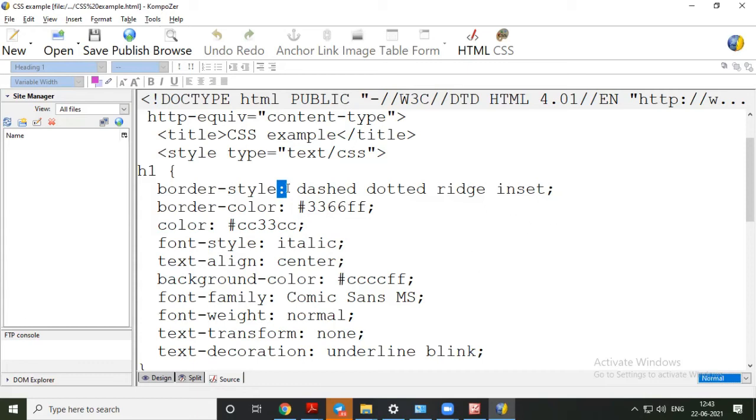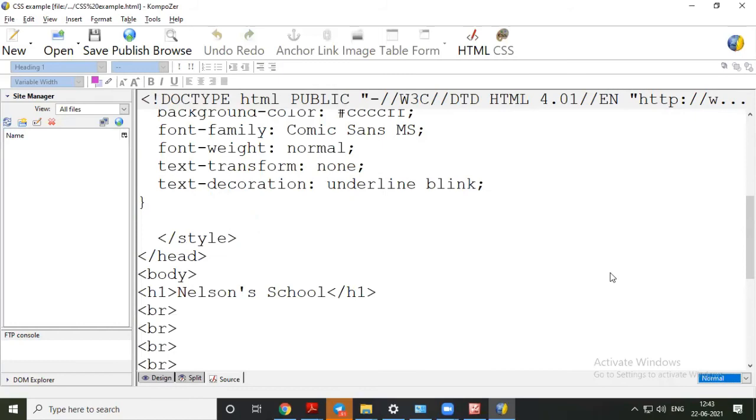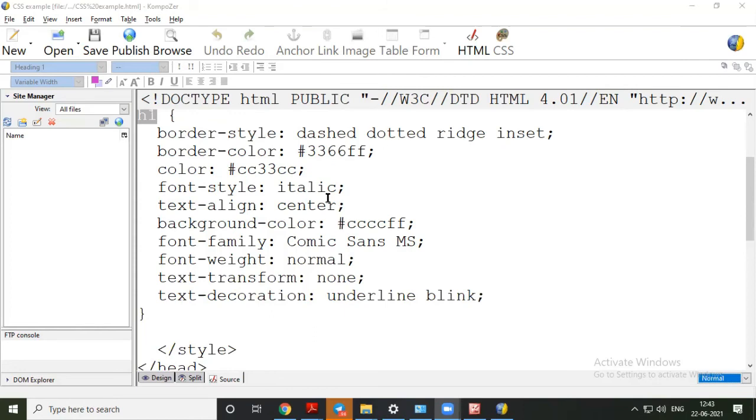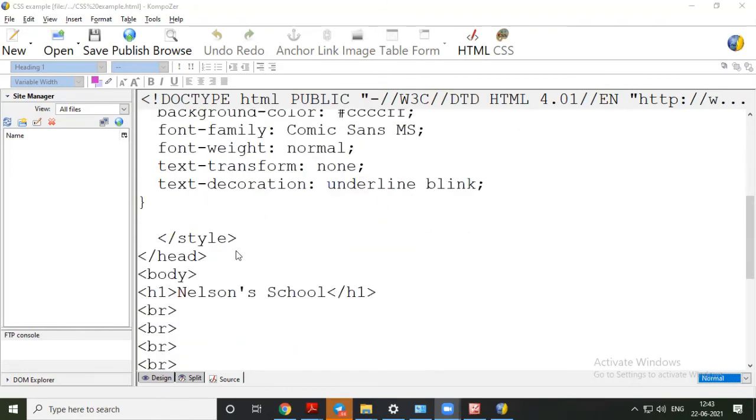And each style is separated by a semicolon. So this thing you have to keep in mind in terms of theory preparation. Now you can see that this is outside the body, before the opening body tag, where we have used this style tag. So this effect is not visible until you select this selector and type something. This is part of the head section only. In the head section we have included style, and style is closed here and then head closes.